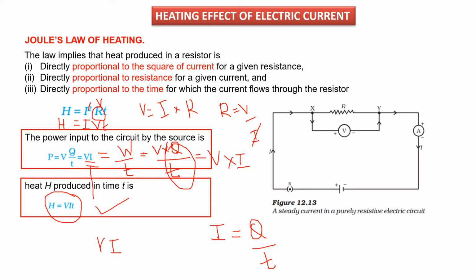See this VI I am writing like this. VI is equal to P. You can remember VIP. Very simple way, VIP. That means VI is equal to power. Whenever they ask for the power formula, you should remember power is VIP. That means VI is equal to P, where V is voltage, I is current, P is power. Clear? Very simple. You're able to understand.